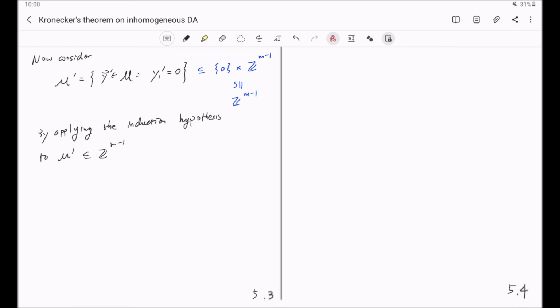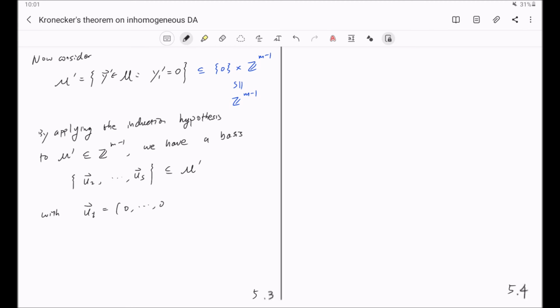So, by applying the induction hypothesis to M prime, we have a basis u2 through us, which is a subset of M prime, with u sub i